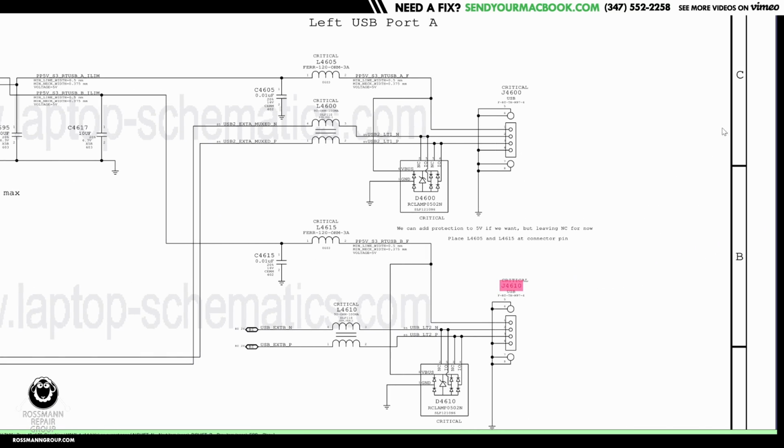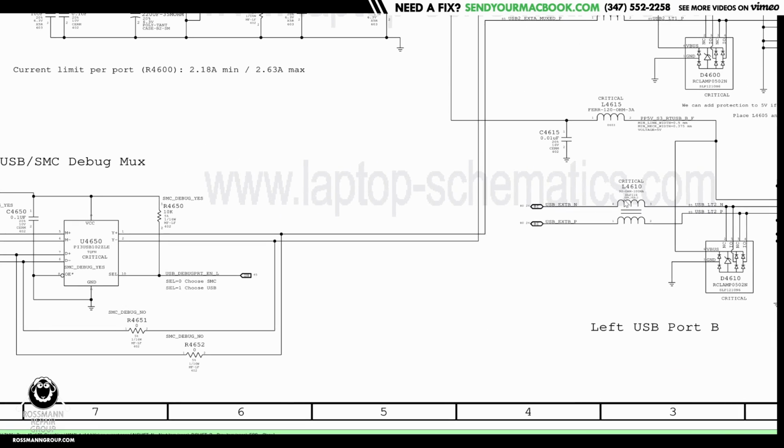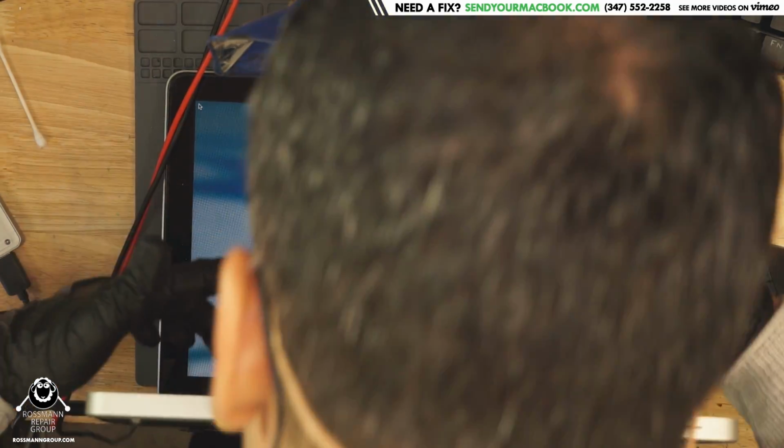But that actually is for the port that's working. So this circuit is not going to be a part of the problem. This circuit over here is the port that doesn't have anything to do with that. So that's going to point to either a bad hub, bad port, or bad filter. Now usually it's bad hub or bad filter. I'm going to figure out if it's bad hub or bad filter by logging in and seeing if Photo Booth